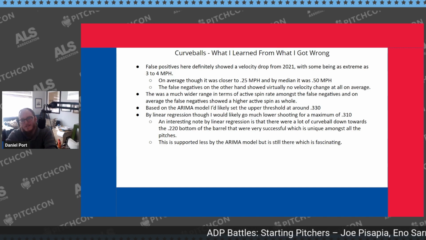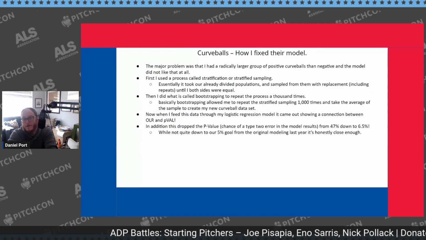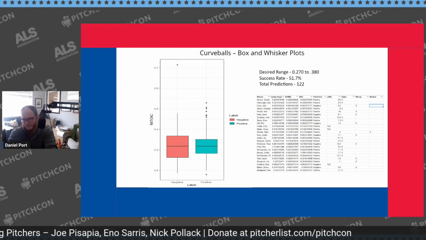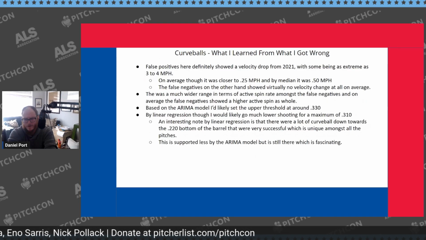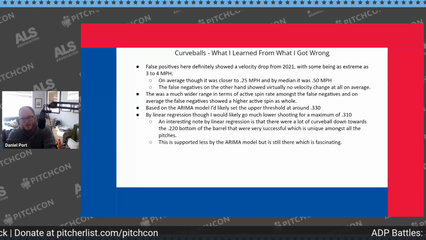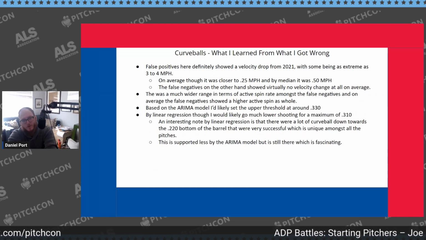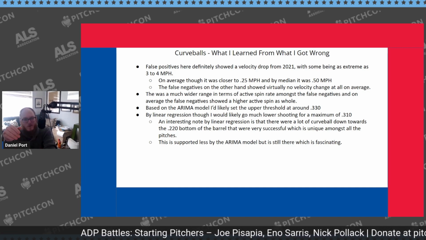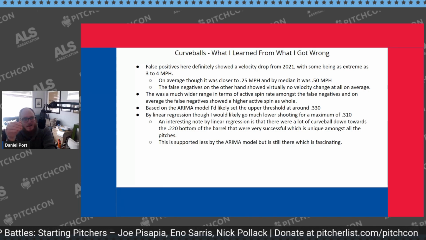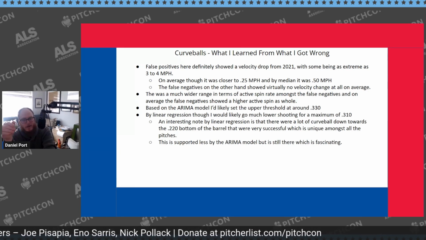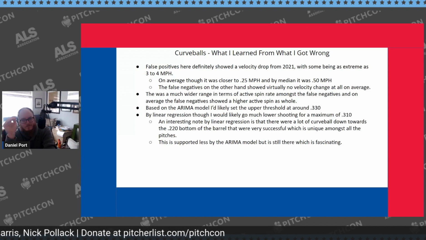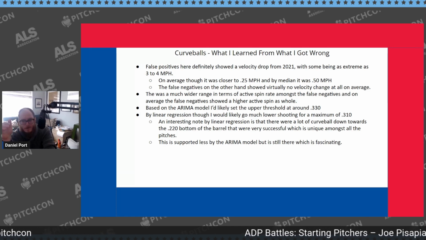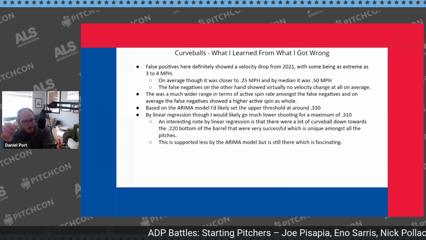Based on the ARIMA model, I would set the upper threshold at around 0.330. If you look at that again, compared to where I set it, much lower, right? It seems like I was trying to stretch it out because I did this after the sliders, and I tried to learn my lesson on sliders by having a larger range, and it turns out it probably needed a lower range. The interesting note was if you looked at the linear regression, they even wanted a lower maximum than that,